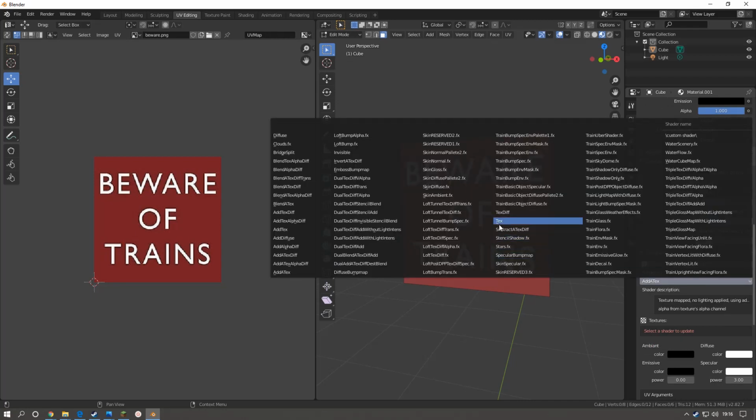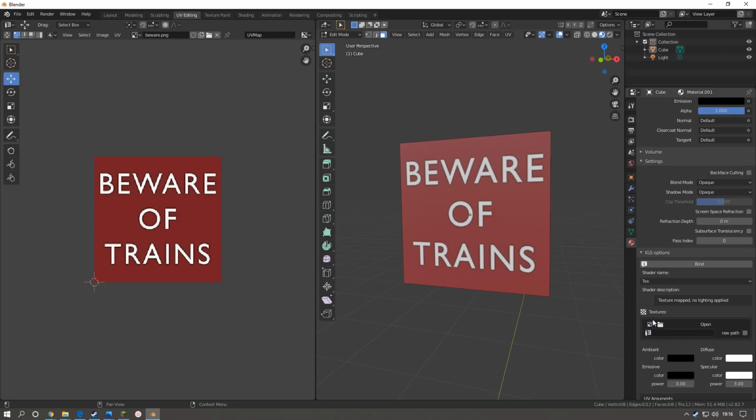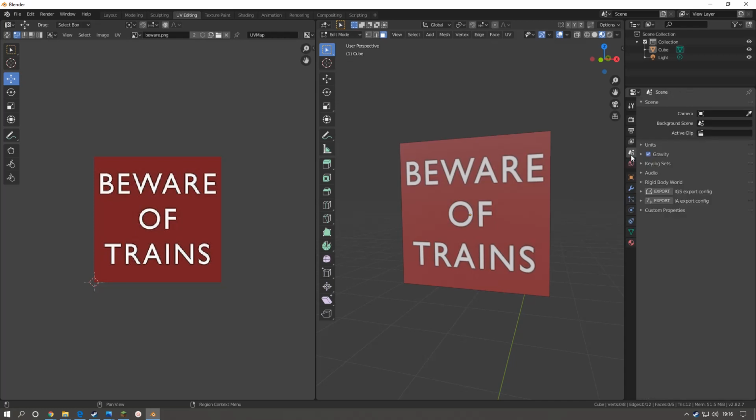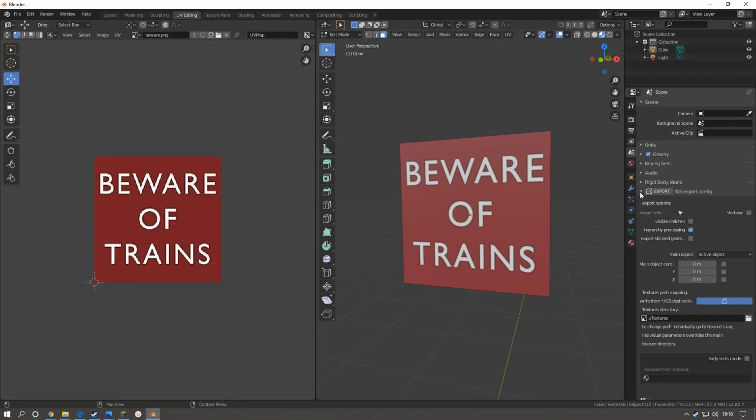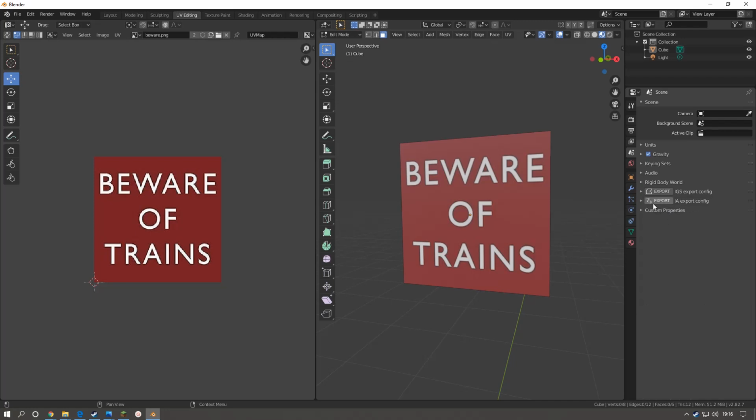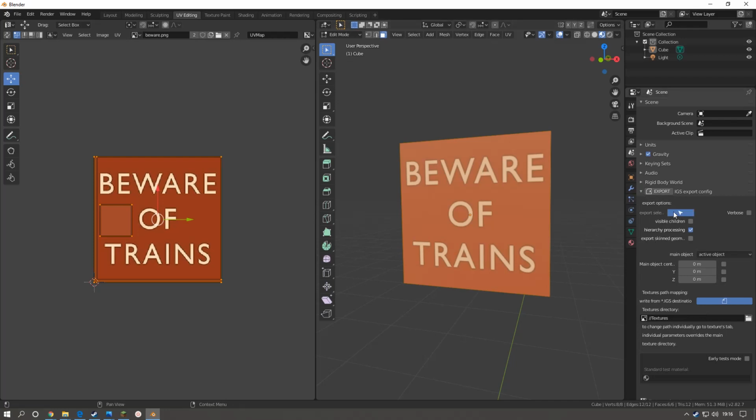I'm going to change that to text, and under there I'm going to link the texture, which is beware.png. That's now linked. Then go to Scene Properties, and export selected, so press A to select, click on there, press A to select all, go to export, click visible children,